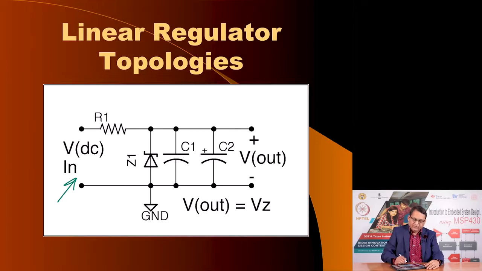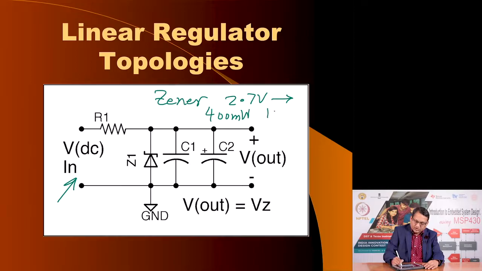The simplest regulator would use a Zener diode. You can get Zener diodes from as low a voltage of 2.7 volts to a higher voltage, and in power ratings of 400 milliwatts to tens of watts, maybe 10 watts,